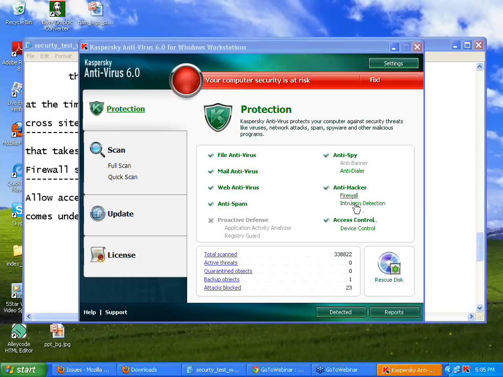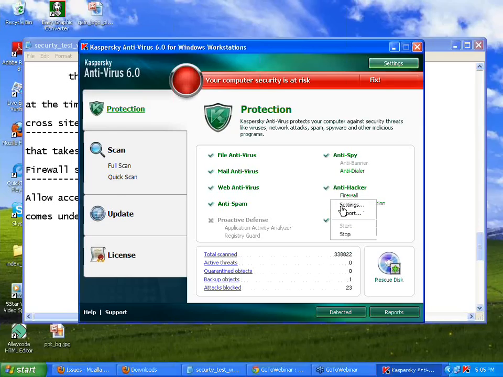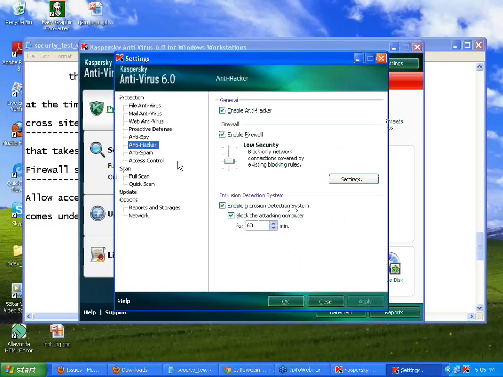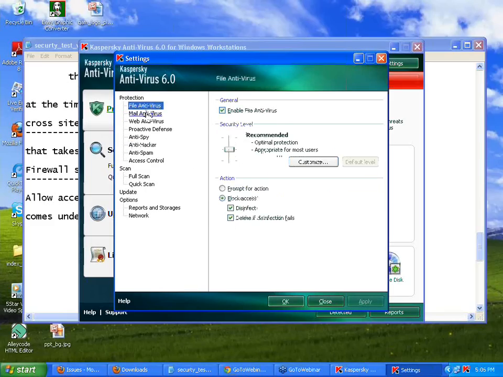You could see firewall and intrusion detection. Let me go to the firewall. Okay, I go to the firewall settings, right? When you go to the firewall settings, there are multiple settings over here, because they could say should I block, should I allow, everywhere, or prompt for action.